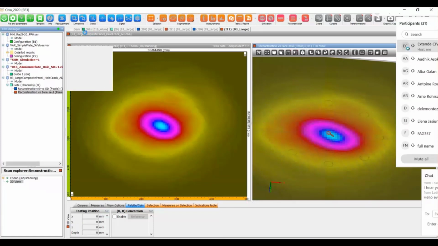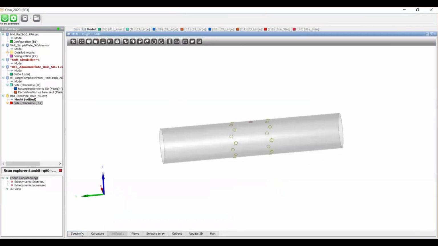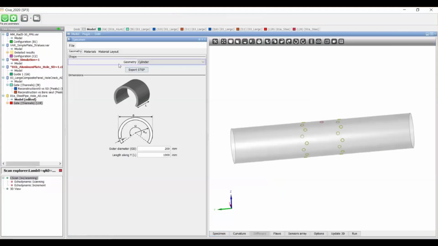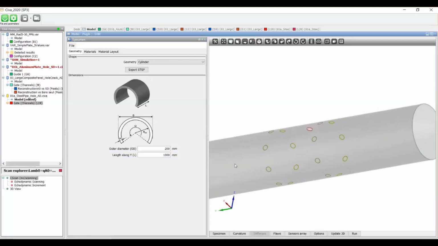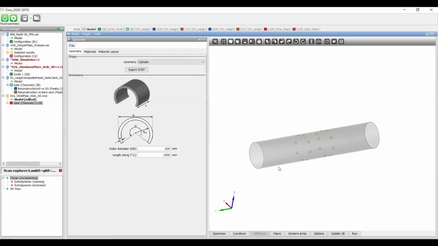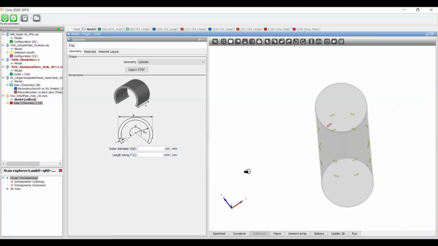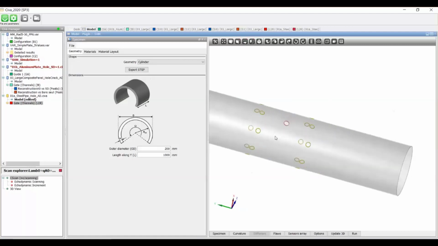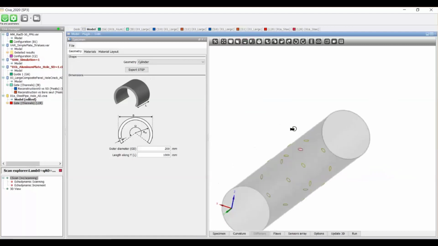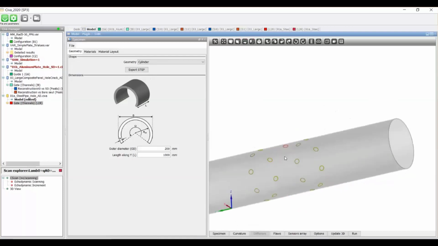Let's see an example. So the specimen is a cylinder. It can only be one layer in this case, not composite ones. So with 1 meter of pipe considered here, an outer diameter of 200 millimeters, and 2 rings of sensors positioned around the pipe circumference, we have simulated the situation with a through-wall hole between these 2 rings of sensors.